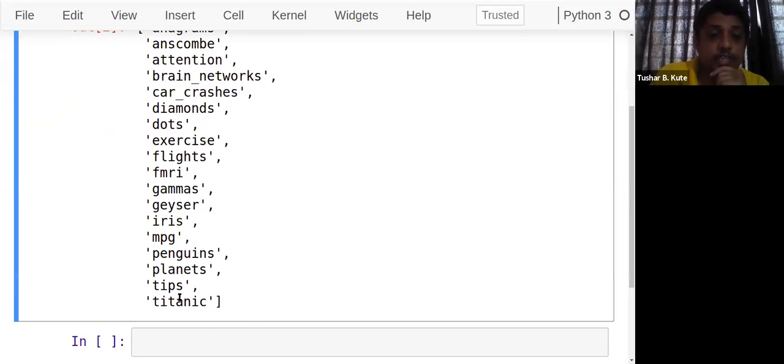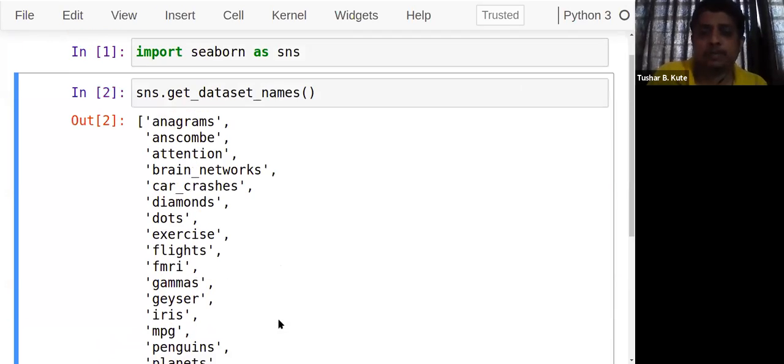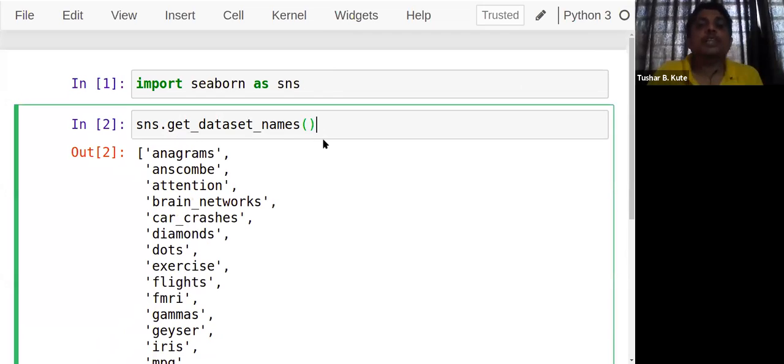MPG, Titanic, tips, exercise. These datasets I will show you today, how to use them and how to perform operations. Before that, I'll explain the meaning of a dataset. See, default datasets: in machine learning also, if you want to apply some algorithms, default datasets are available with you. If you know it, don't import a CSV file. Internally, this list of datasets is present. Out of it, we'll use one dataset and go ahead with that.